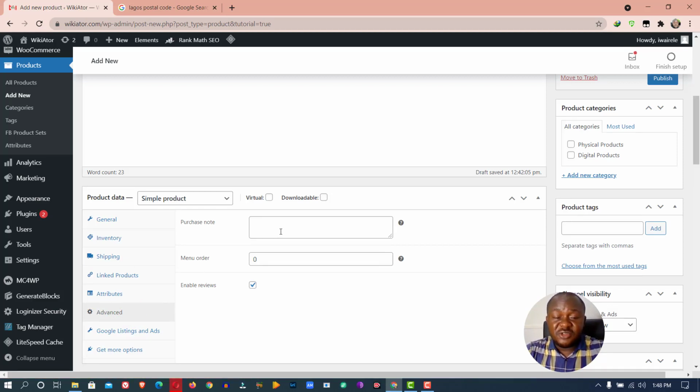You don't need to set up any purchase notes. However, if you are probably setting up in your own time and you want to know what each of these things means, just roll your mouse over this icon. It's going to tell you to enter an optional note to send to the customer after purchase. Now, if you want to send a note to a customer after they have purchased this product we are setting up, for instance, thanks